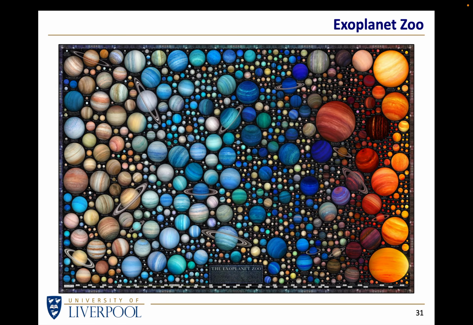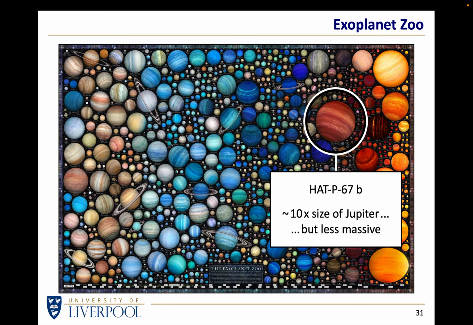One of the largest that we can see in this particular infographic is that one that goes under the wonderful name of HAT P67b. Astronomers really have to get their act together and start naming these things a little better. But this one is about 10 times the size of Jupiter, and yet it appears to have a mass less than that of Jupiter. We can get its size from transits, we can get its mass from the wobble of the star, but this appears to be bigger than Jupiter, but less massive than Jupiter, which means it must be